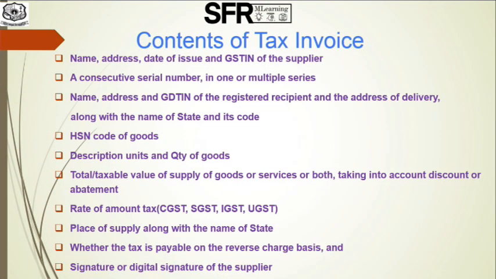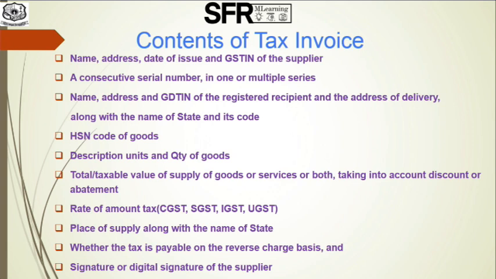Next we have to discuss the contents of tax invoice. The invoice shall be issued by the supplier containing some details that are name, address, date of issue and GSTN of the supplier, a consecutive serial number in one or multiple series, name, address and GSTN of the registered recipient and the address of the delivery along with the name of the state and its code, HSN code of goods